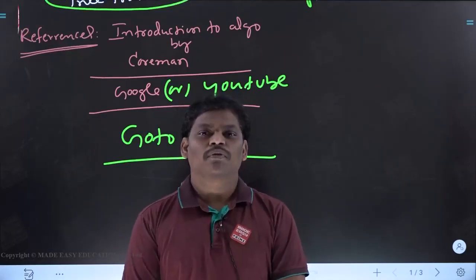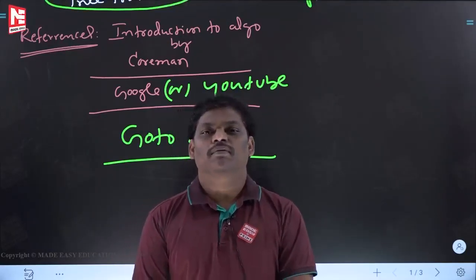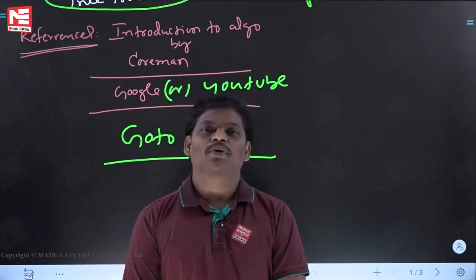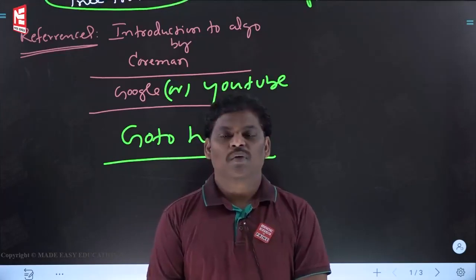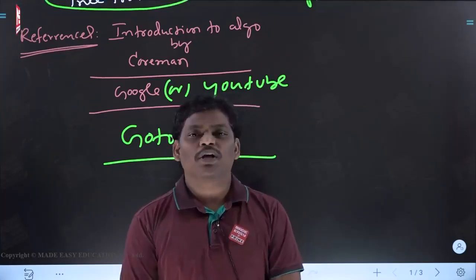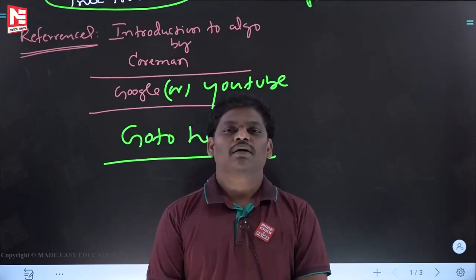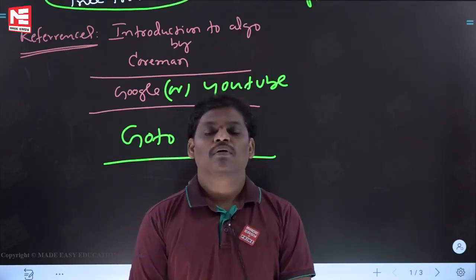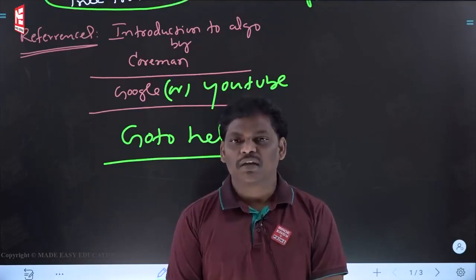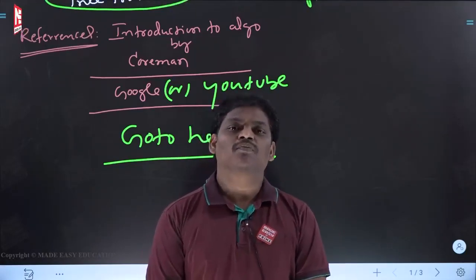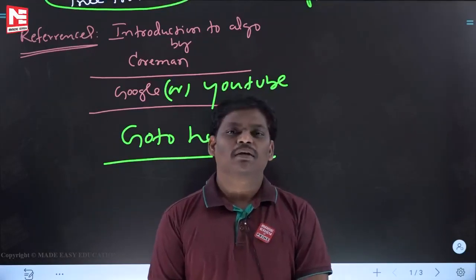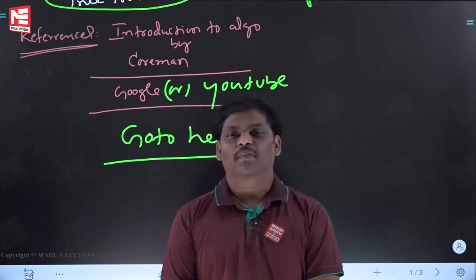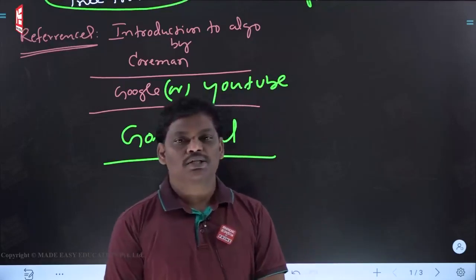At least from now onwards, please change your opinion. If anyone has been thinking until now that you are less capable and your friend or your neighbor is more capable, please change. You are capable. That is the reason you completed BTech until now. You may be studying 4th year engineering, or you may have completed 4th year, whatever it may be. Until now, everything happened because you are capable. Just forget the past.